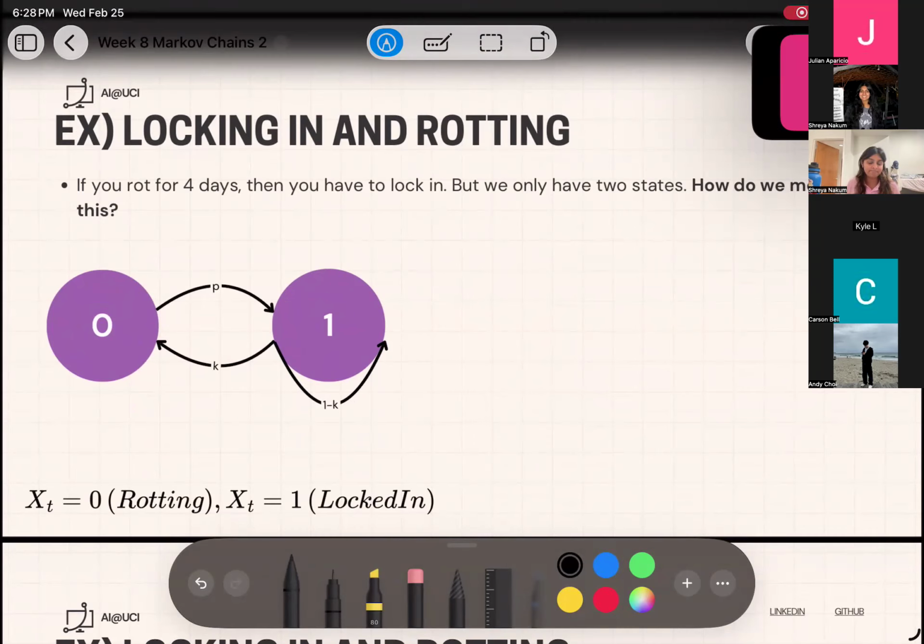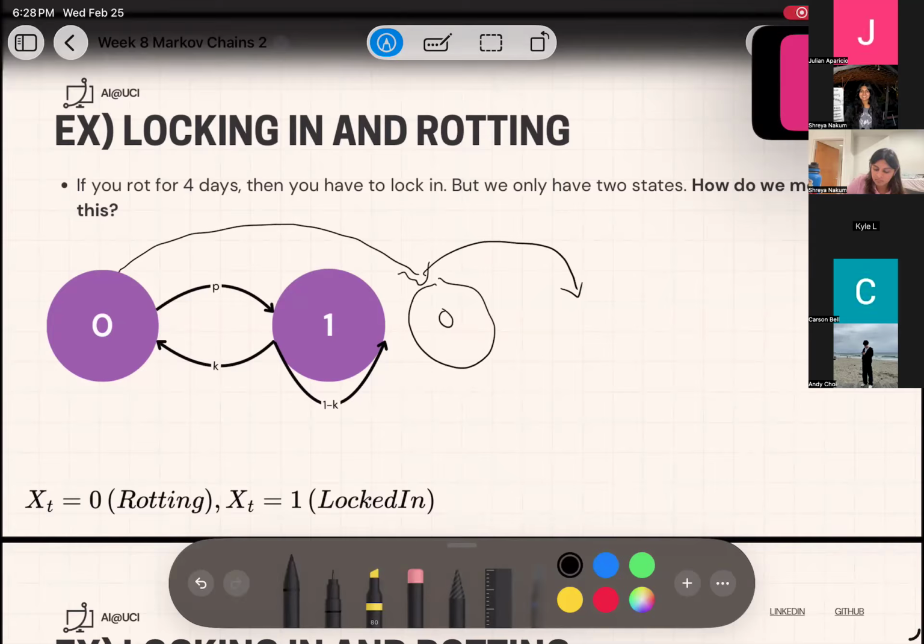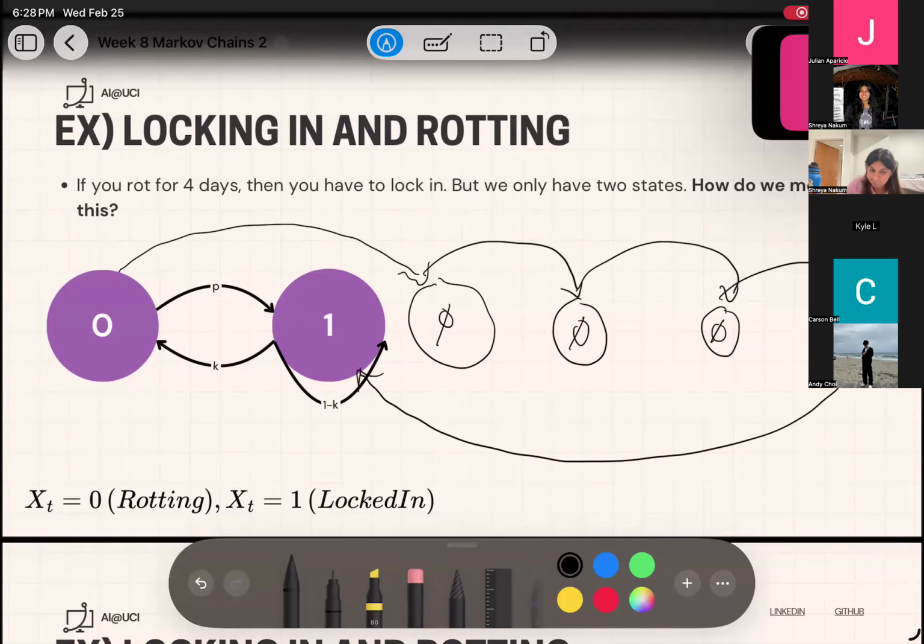Well, we're going to need to rot for 4 days, number one. I guess we'll need to model multiple sets of that little diagram there. You'll have to have multiple of them stacked next to each other. And then if you take the path where you go 0 to 0 to 0 to 0, 0 four times, then the next day, the only path left to walk through that graph is going to be the one that says 1. So we're going to need to add extra nodes here. Like that? Yeah, like that.